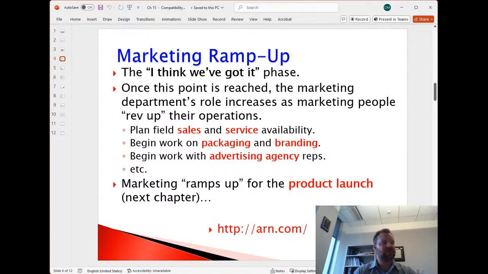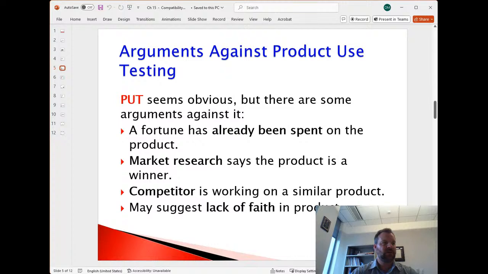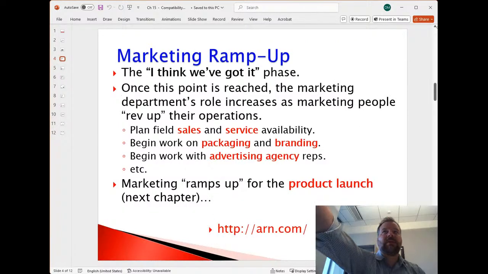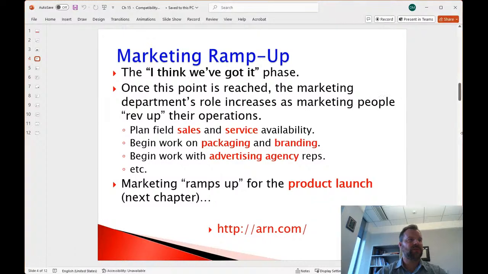So what are we doing in this stage, especially from a marketing perspective? The idea here is that the companies are thinking that they've got the right product at this point. So they're hoping, sorry about that, they're hoping that they don't need to make any major changes at any point, and it's really just a matter of double checking to make sure that it's the right product and it's going to sell once it's on the market. The other things that you really need to think about, things like advertising and packaging,